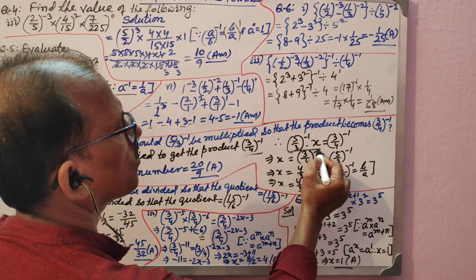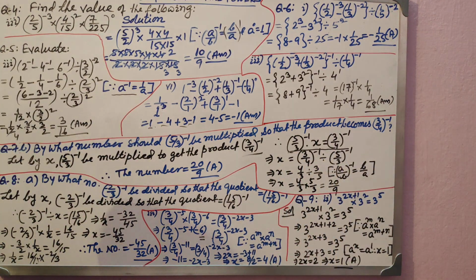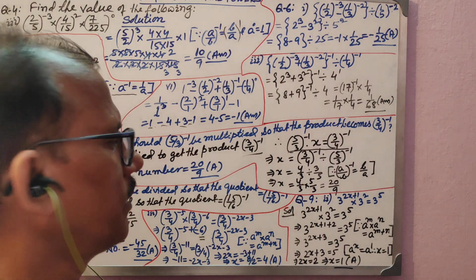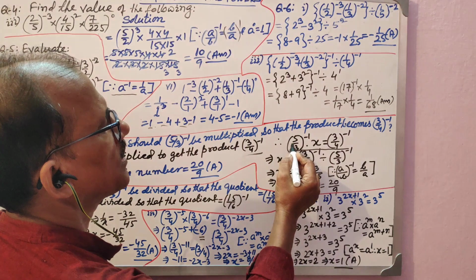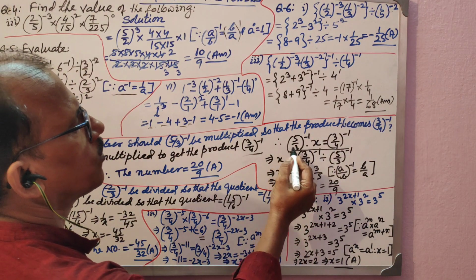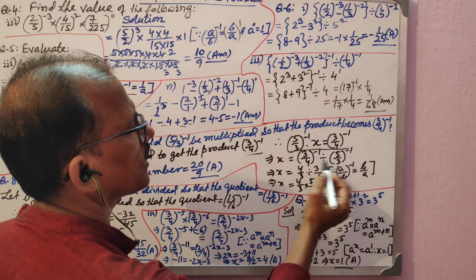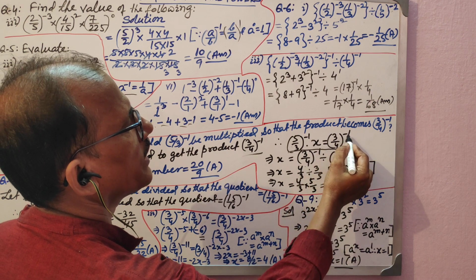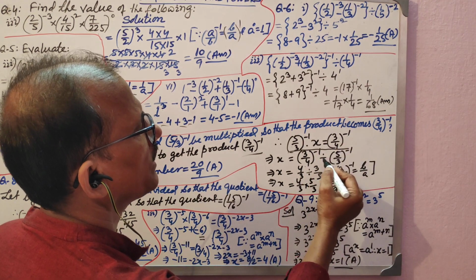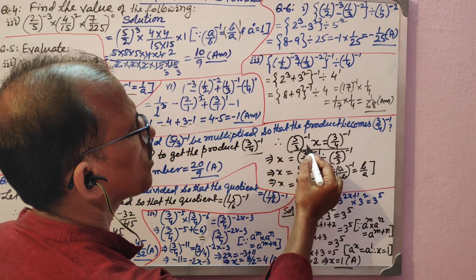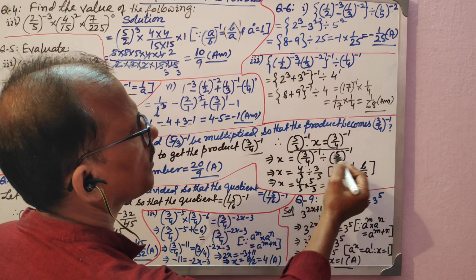This is the equation. Once you frame this, go for linear equation solving to find out the value of the variable. You will be able to see x remains, this will go to that side. If it goes to that side, this will become division. So 3 by 4 raised minus 1 was there on the right hand side, and this was multiplied here, that has gone to that side, so it will become divided.